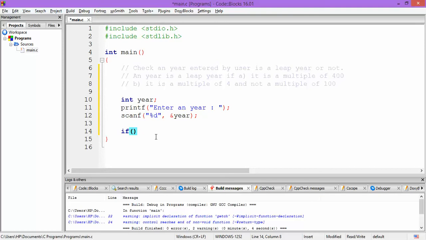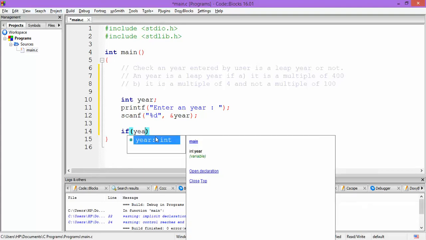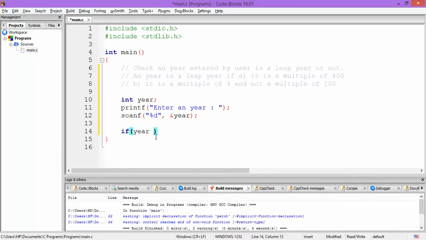As you know, the mod operator returns the remainder of division. So if year mod 400 returns 0, that means it is a multiple of 400. That satisfies the first condition, condition A.